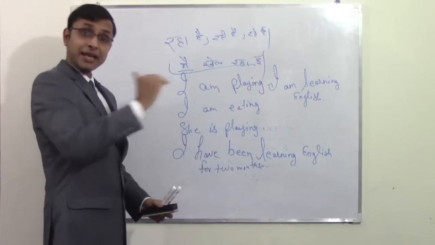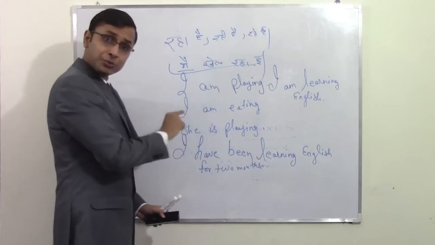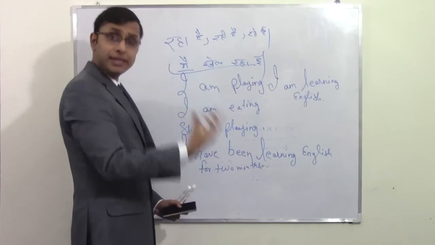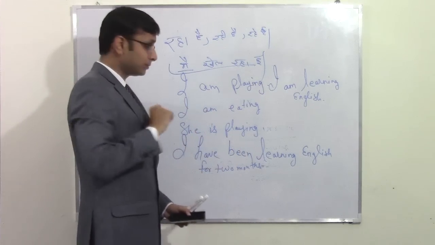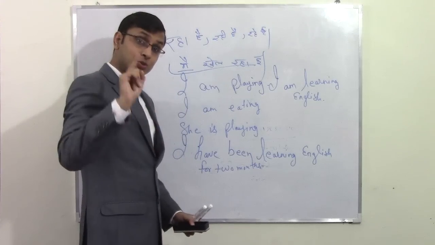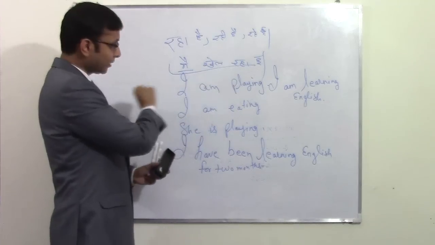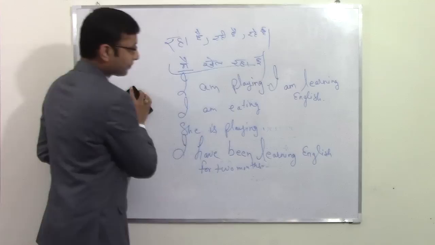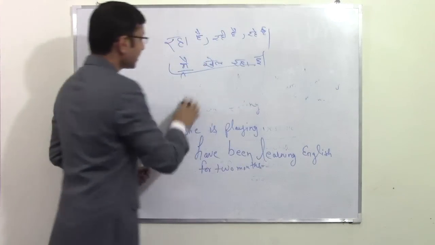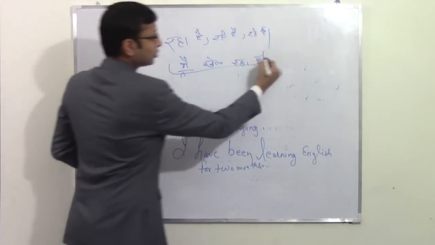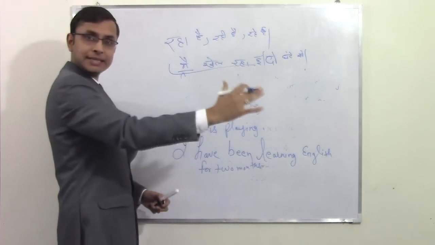then instead of using this helping verb, which is am, is with he, or are with you, we, they, the helping verb which we are going to use is going to be, so I'm sure you have written this part, I'll rub it for you and I'll write the helping verb, okay? And so if I say, मैं खेल रहा हूँ 2 घंटे से. Just like, मैं 2 घंटे से खेल रहा हूँ.